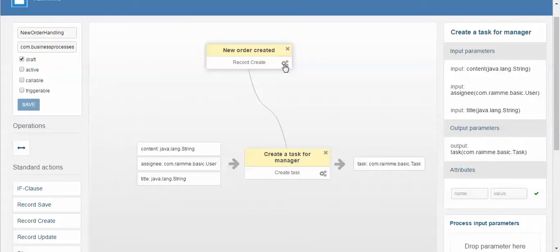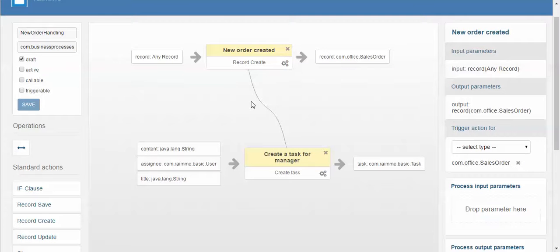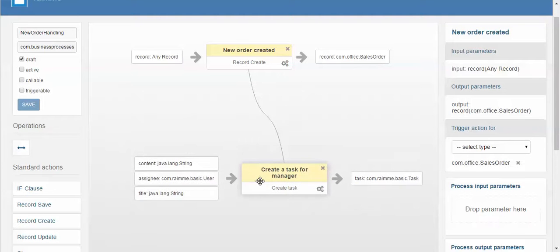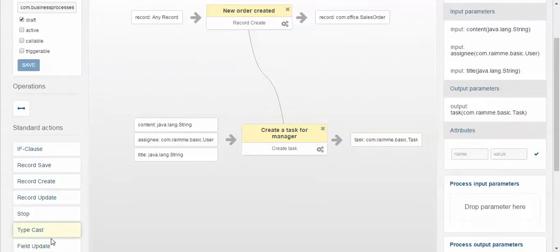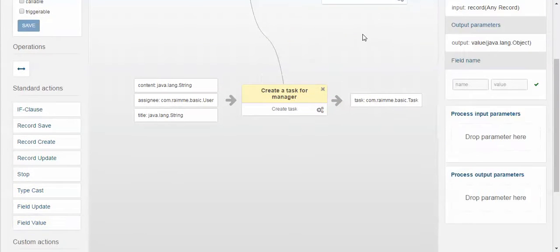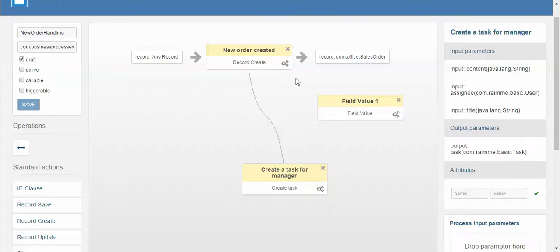So let's open this action, and when an order is created, it is returned by the new order created action, and it's a record which has data type sales order. So now the sales order has some fields, and one of the fields on the sales order type is order number. So we want to extract this order number and set it as the title of the new task. So let's do this. Let's create a field value action,